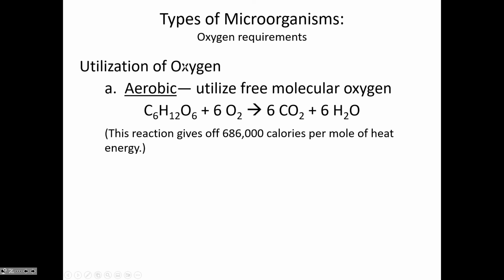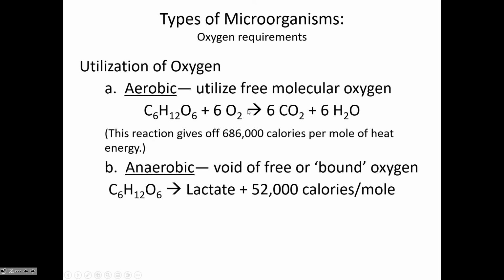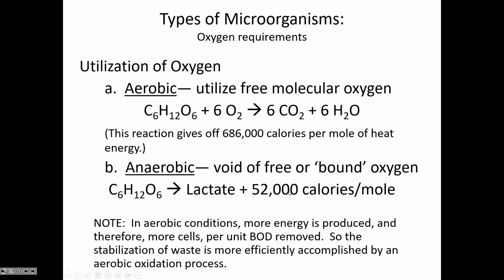So oxygen used aerobically generates a lot of energy. This chemical reaction of glucose and sugar will generate 686,000 calories per mole of heat energy, whereas if you're breaking down glucose anaerobically, it forms lactate and much less energy. And so the reaction is slower, and so per unit of BOD removed, the aerobic process is a lot quicker,